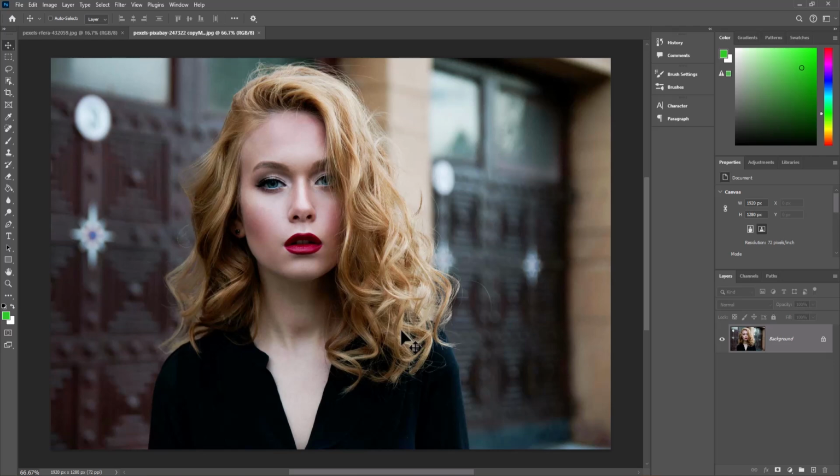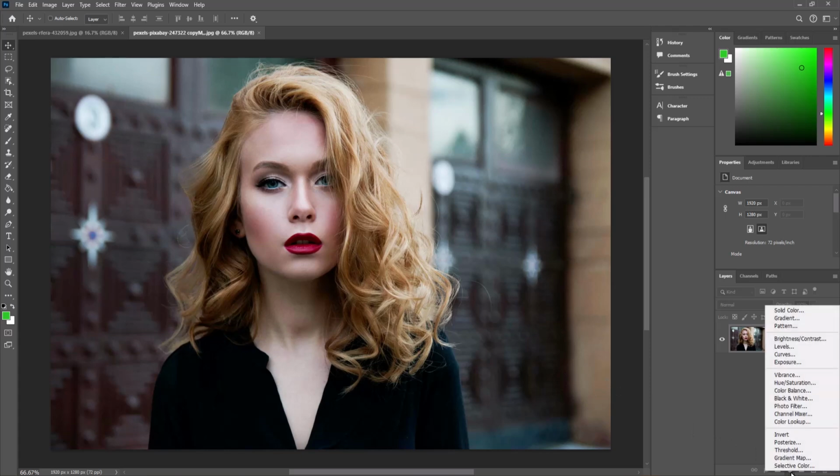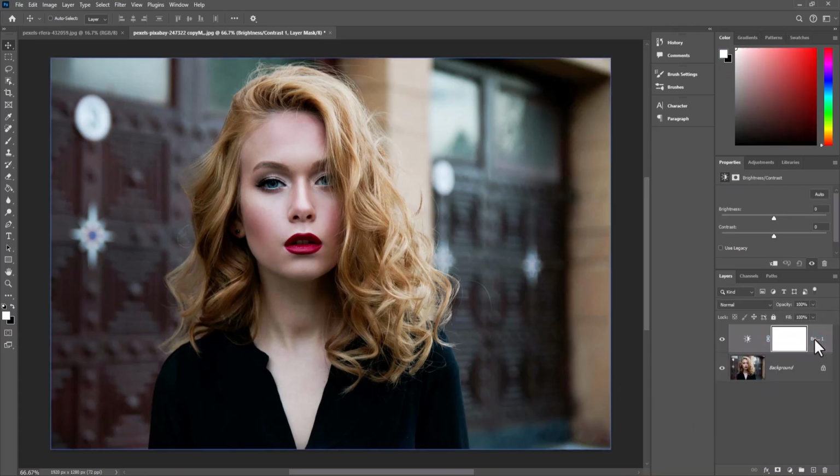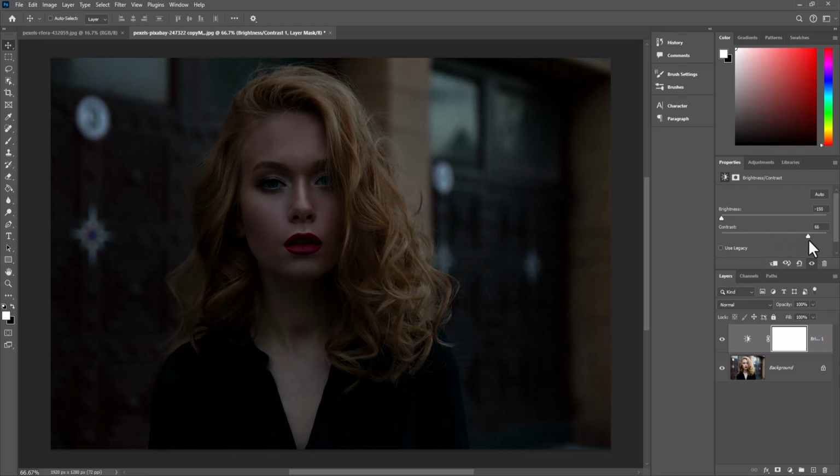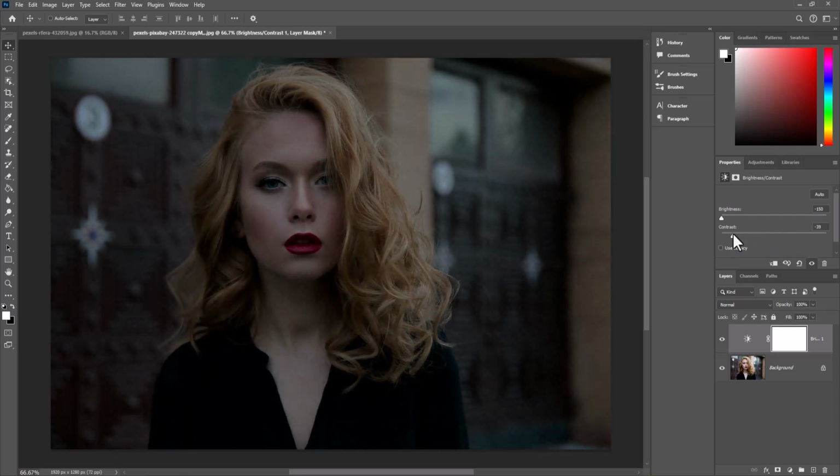In this tutorial I'm going to show you how to darken your image in Photoshop. The easiest way to darken your image in Photoshop is to come over here and select this icon over here and scroll up and select brightness/contrast, and you can take down the brightness to whatever level you prefer. You can also adjust the contrast to your liking, and as you can see, we've created this dark image feel